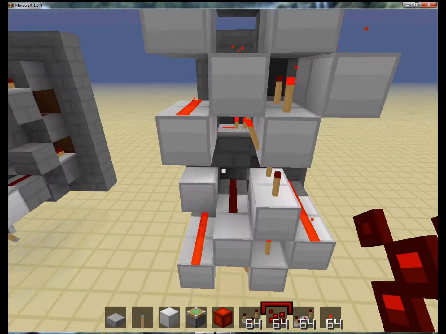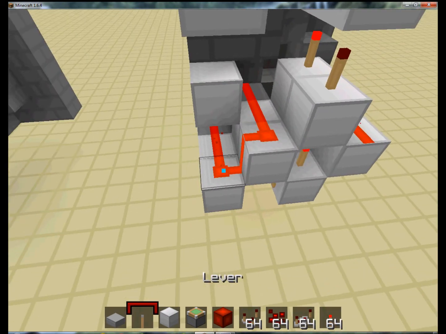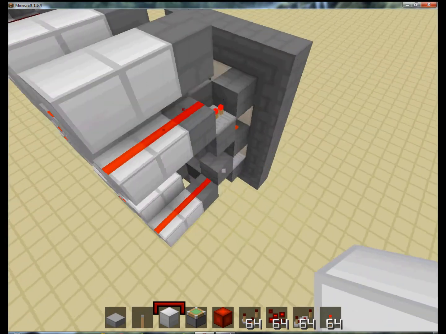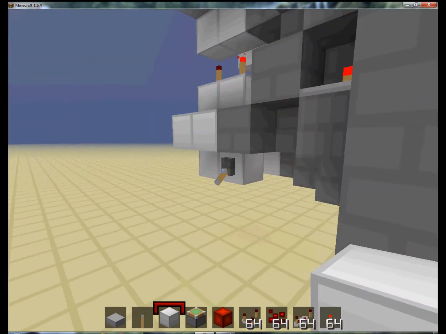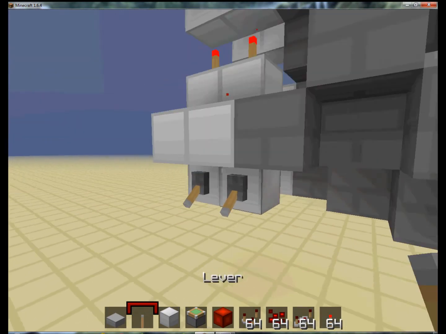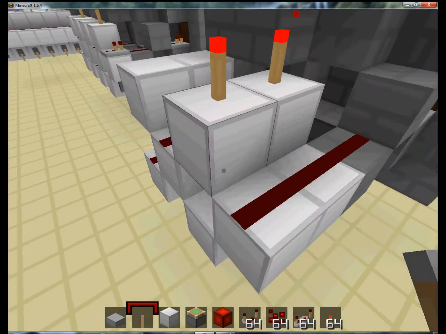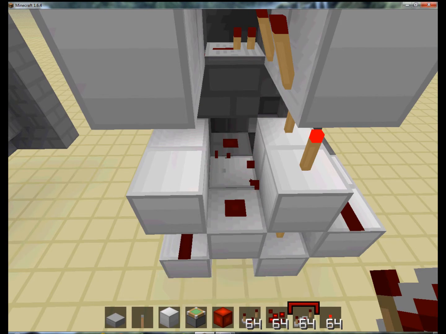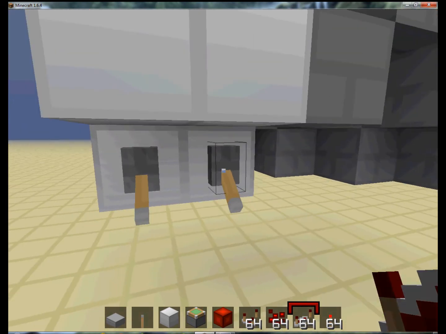So that's that. And put a redstone here and stop that from connecting. So now both of these will give me the letter 8. So let's make it a bit more interesting. So this one, if I put a repeater there,